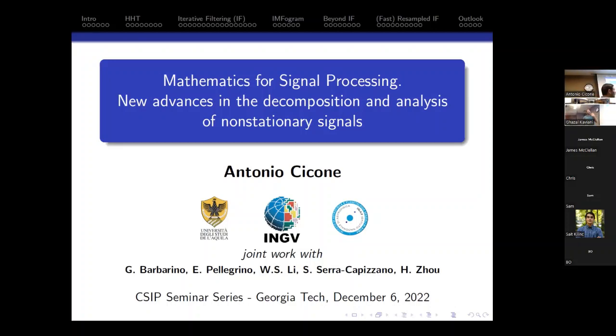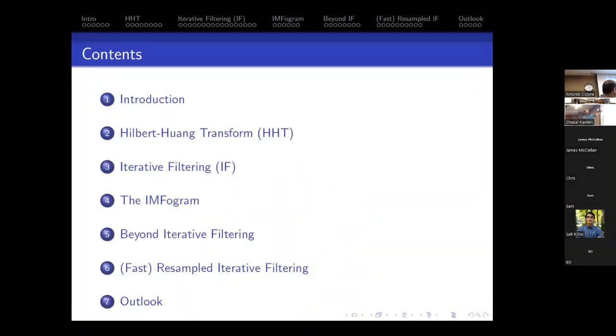So the talk I'm going to give you is an overview of the research activity I started here at Georgia Tech when I was a postdoc. We will restart from scratch. The idea is to introduce the problem, then go through a historical review of what has been done in the literature, and then I will walk you through where I started working on this research direction, the last advancements, and the open questions that we have.